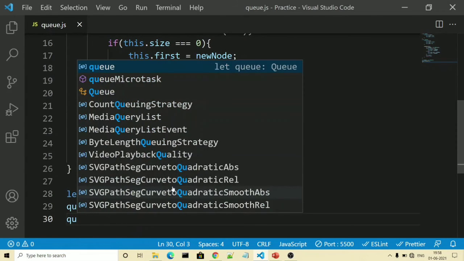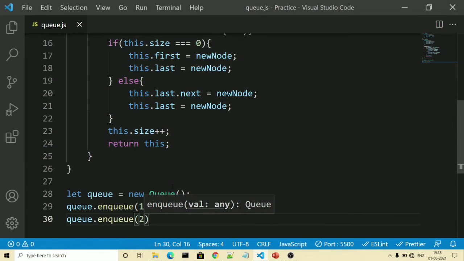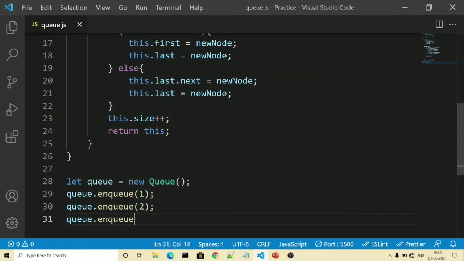After that we will insert 2. The last statement I will wrap up inside console.log to see things in my console window. So once this is done, we will be able to see the queue with 3 values: 1, 2 and 3.